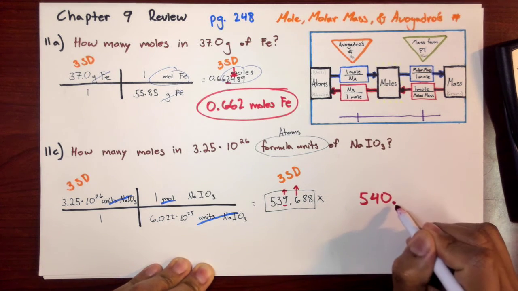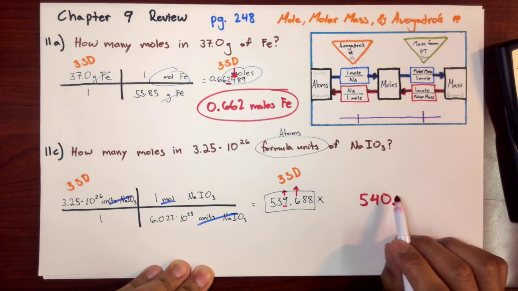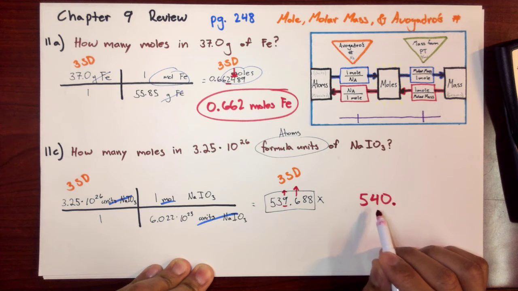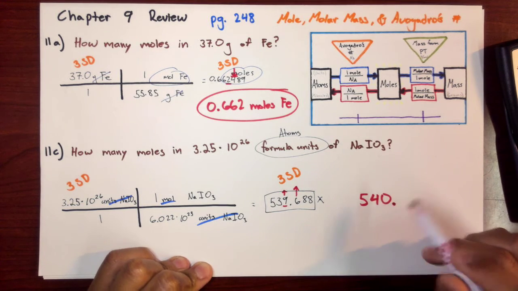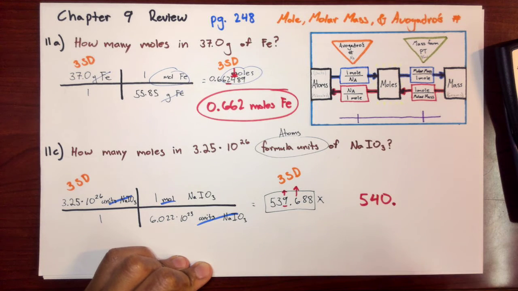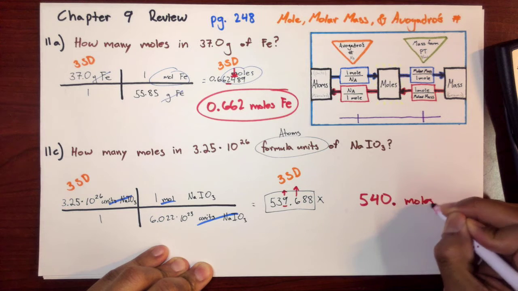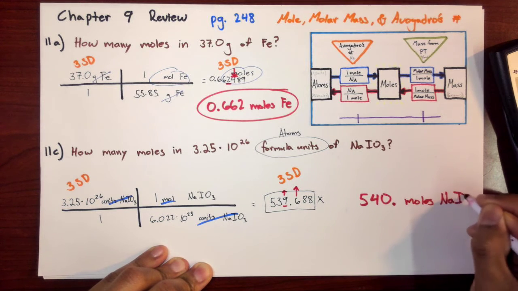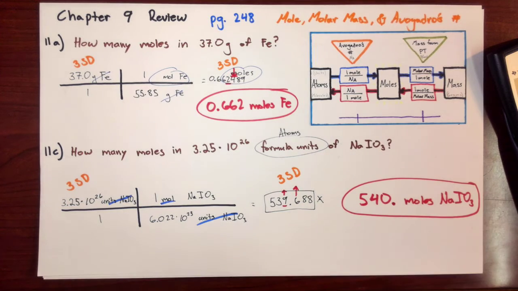And why do we need to add that decimal here? Because if we only wrote 540 without the decimal, then we would only have two significant digits, because remember that trailing zeros are never significant unless you have that decimal. So 540 moles of sodium iodate. Okay, and that's the final answer for that. So that's number 11. We're going to go ahead and move on in the next video to